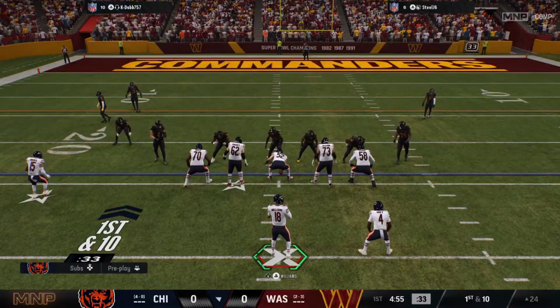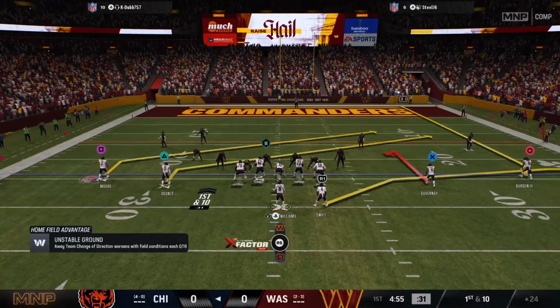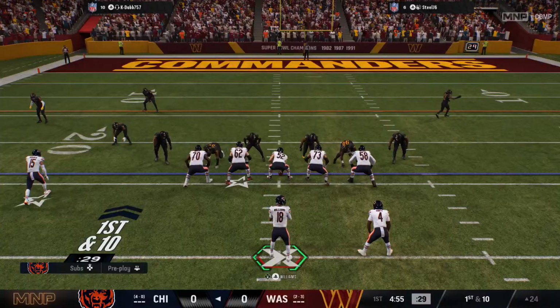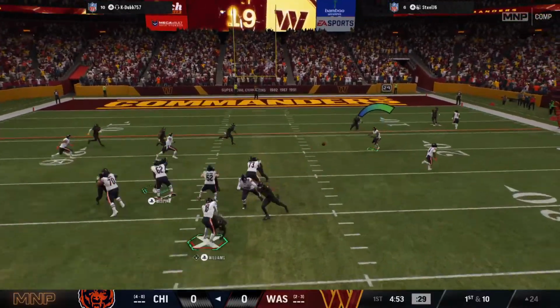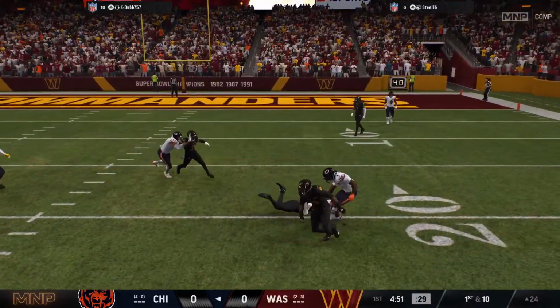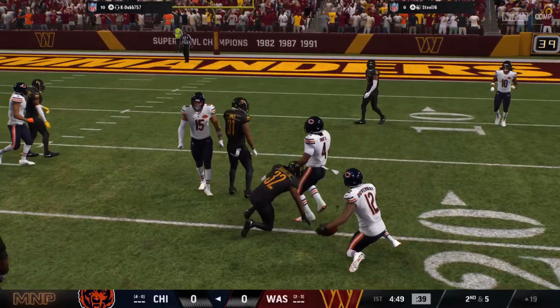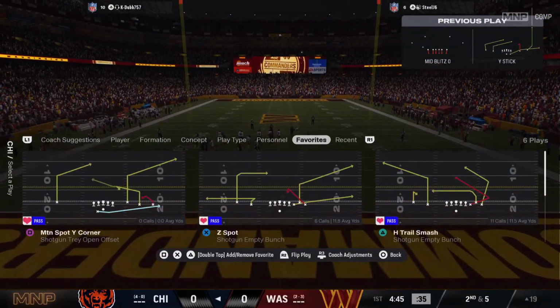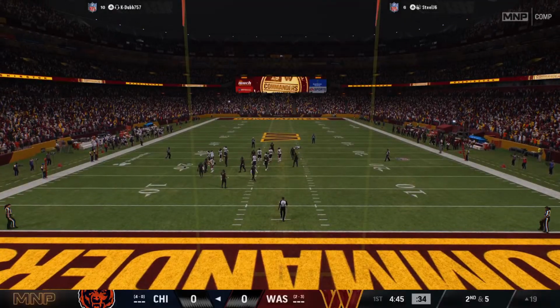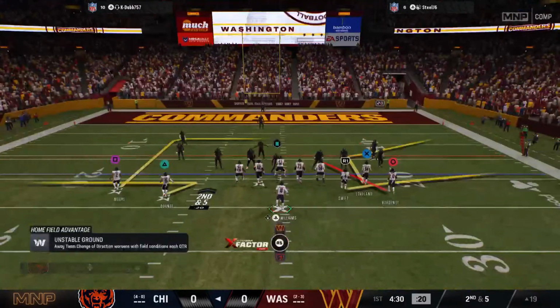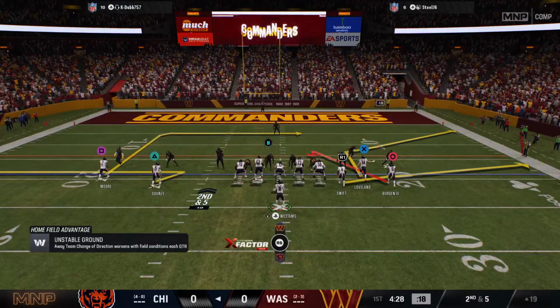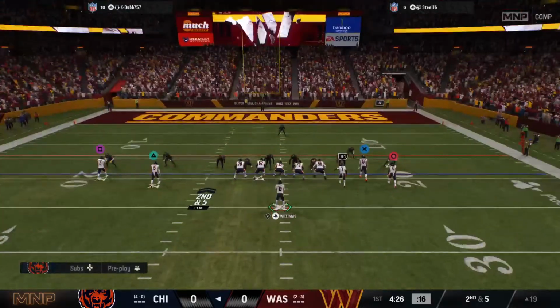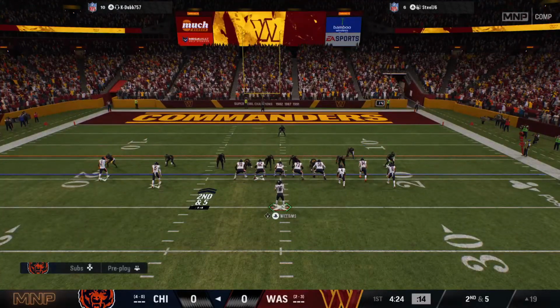First call here coming from the shotgun. Coming out throwing is Williams. Has him on the quick hitter, and he's tackled after gaining a handful. You know what I love to say? You never go broke taking a profit. And you often gain profits when you use your eyes as a quarterback. Those hitch routes, those underneath throws, oftentimes it's the eyes of the quarterback looking downfield and then taking that short